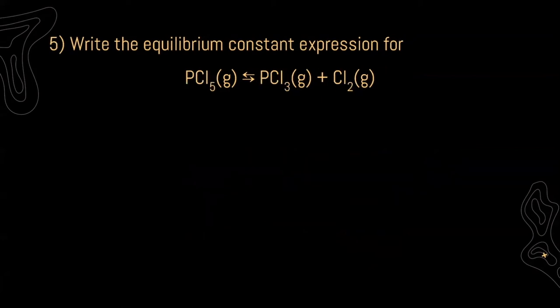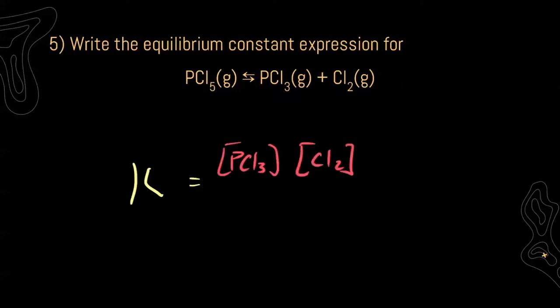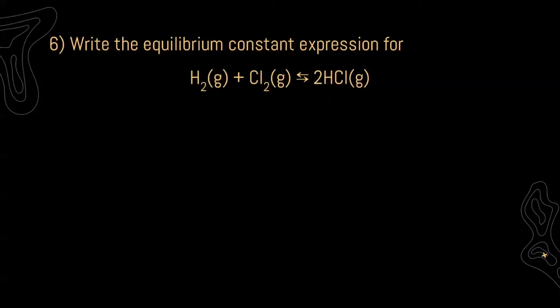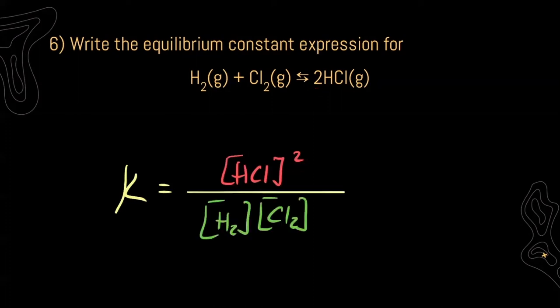gas. For our decomposition reaction of phosphorus pentachloride into phosphorus trichloride and chlorine gas, our equilibrium constant, again, we're going to put our concentrations of our products divided by our concentration of our reactants. For our reaction between hydrogen gas and chlorine gas to make hydrogen chloride gas, our equilibrium constant is going to be equal to the concentration of our products. Again, don't forget your power based on its coefficient, divided by our concentration of our reactants, concentration of hydrogen gas